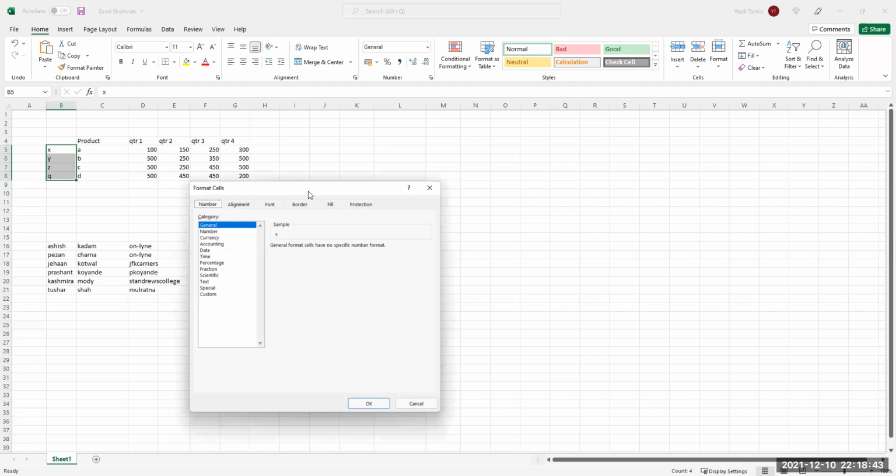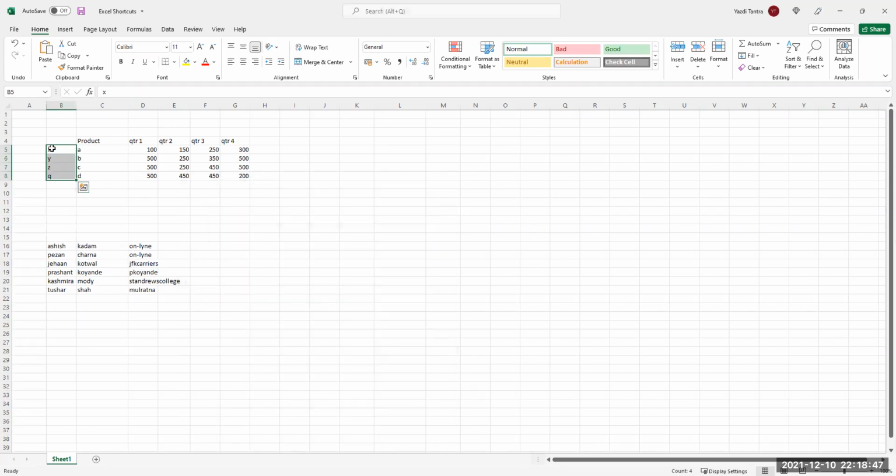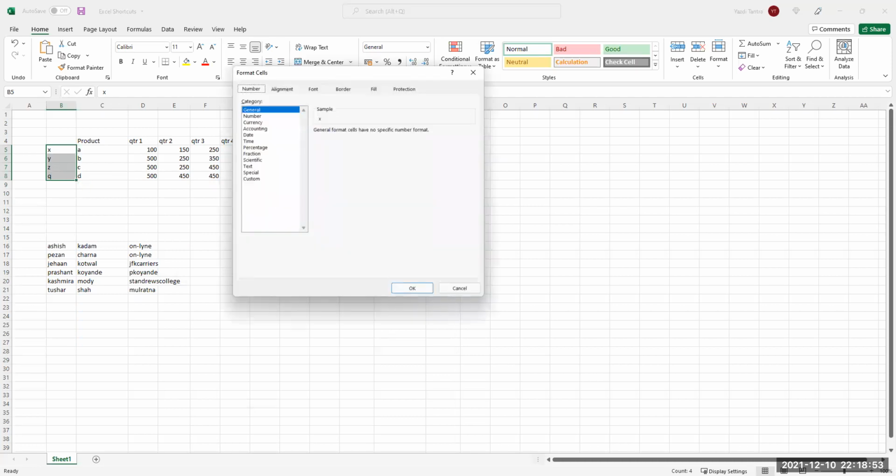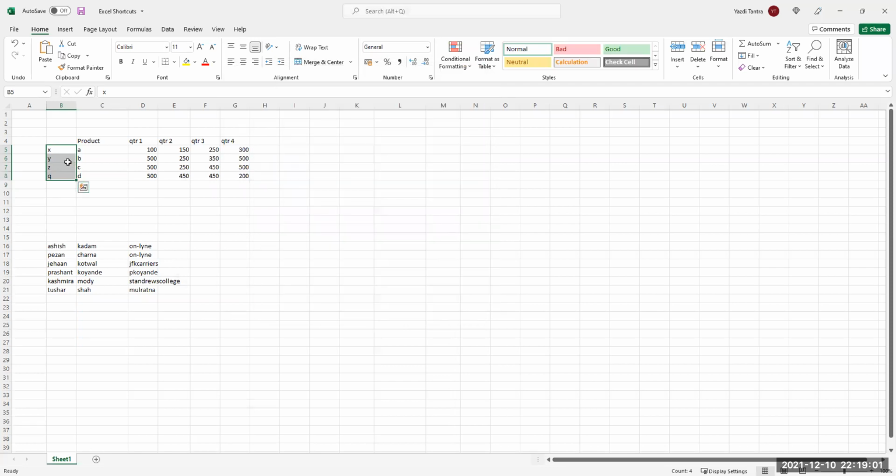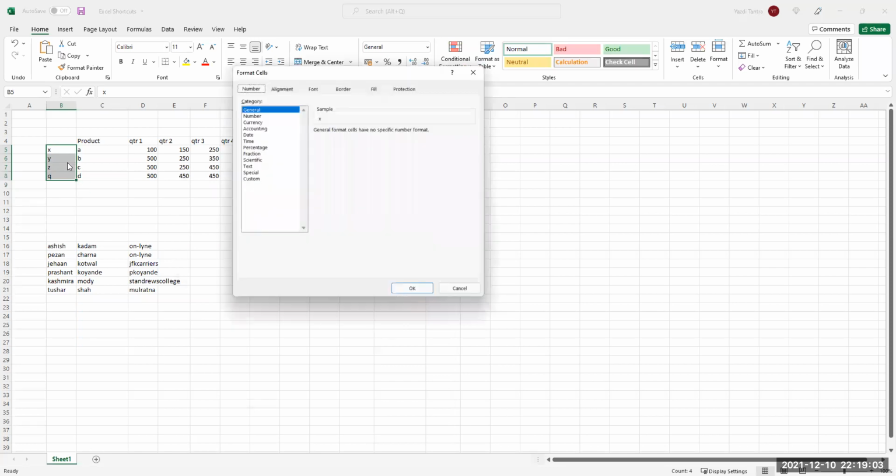But again, the lazy man says Control 1. Directly you come here. Anything that you need to format, just select it and say Control 1. Then all the formatting options are available to you.